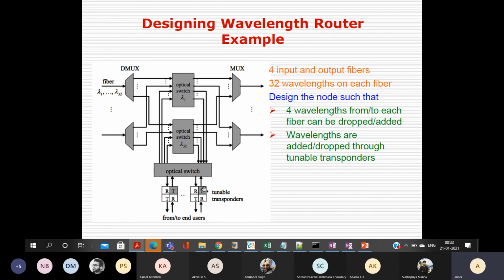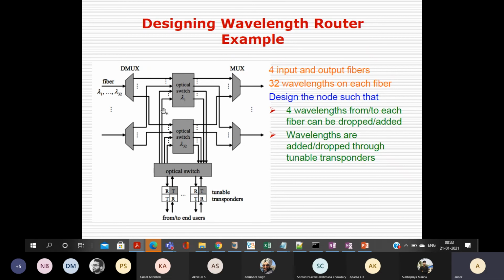Okay, and the idea is that you should be able to drop 4 wavelengths from each fiber. So let's say you want to drop λ1 from the first fiber, λ1 from the second fiber, λ1 from the third fiber, λ1 from the fourth fiber. Then you will require 4 input ports over here.